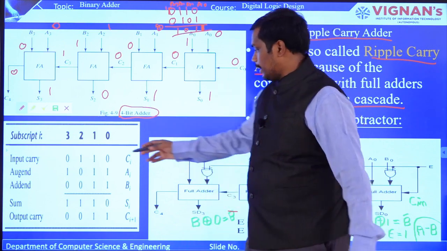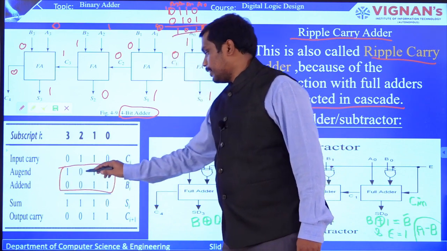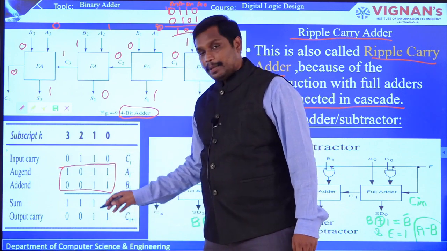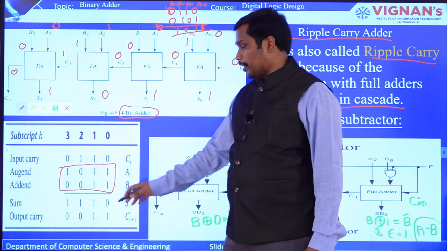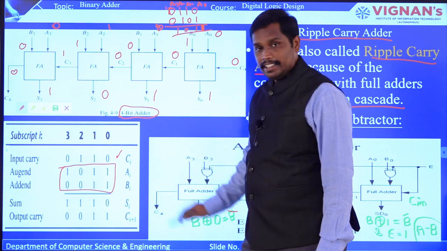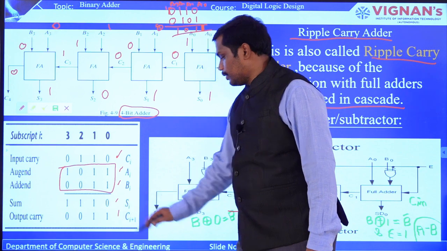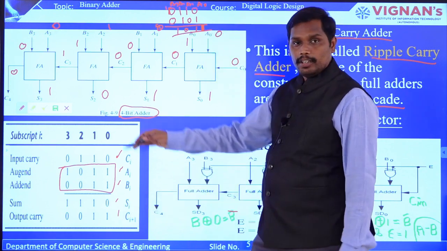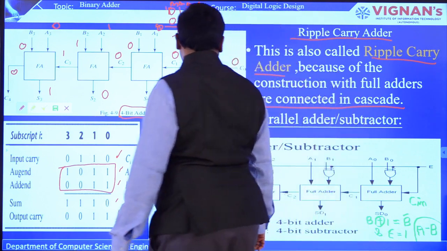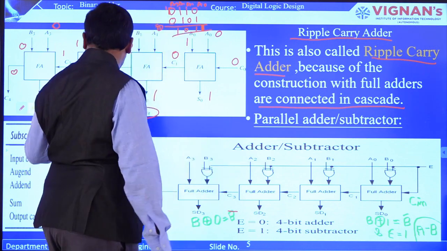So also you can take an example here, where these two are the input variables. He has taken 1 0 1 1 and 0 0 1 1 as the augend and addend, and for this particular thing you are going to get a sum and an output carry, and this is the input carry. Okay, so this is the third input which is C in, and this is the A and this is the B input, and you are going to get sum and carry. So for this 4-bit adder, it is a small diagram just to have a reference, right? And now you see this particular adder and subtractor. We will see what is adder and subtractor later.